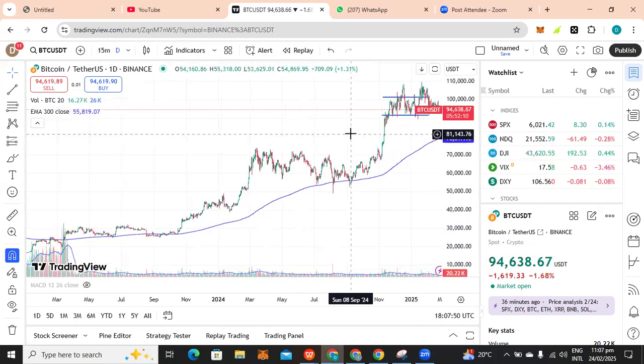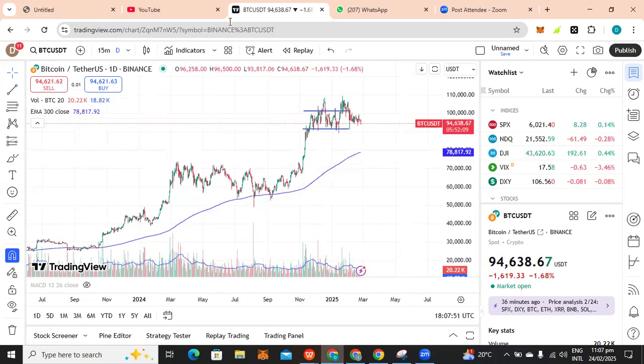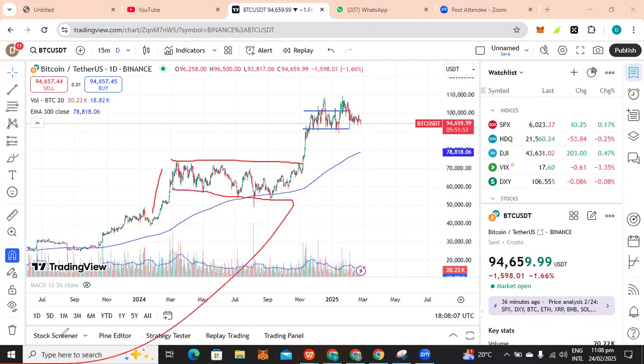Now we did discuss the bullish rectangle pattern, and as you can see, throughout the years BTC has been showing us so many bullish rectangle patterns. And look at this, this one is a very beautiful bullish rectangle pattern, and for so many years BTC was stuck here. Oh my god, what's happening to my mouse? All right, so BTC was stuck here in this rectangle, and as soon as the breakout happened,